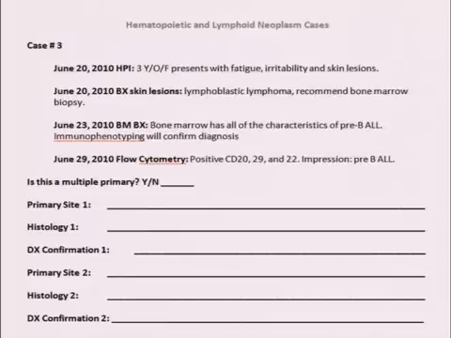How do we code the primary site? Is this a multiple primary? Is it a lymphoblastic lymphoma and a pre-B-ALL? No. Okay. All of them were in the same month. So, okay. And the primary site